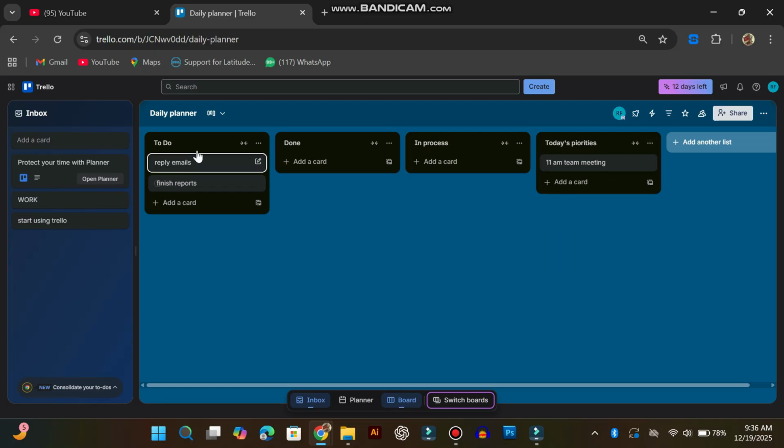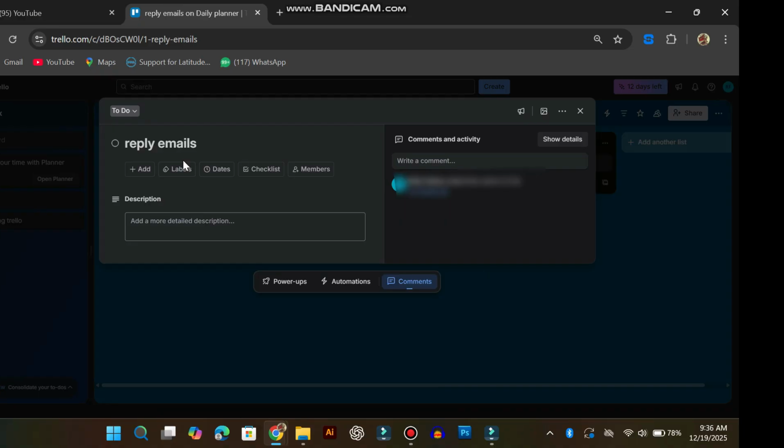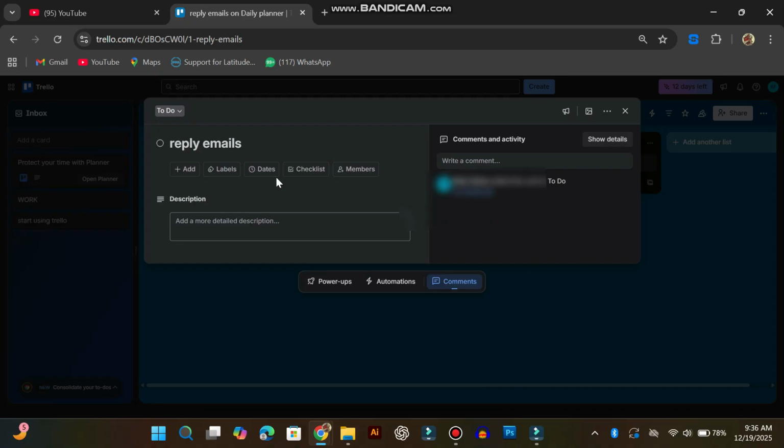Now start adding cards for each task or activity you have planned. For example, replying to emails, an 11 a.m. team meeting, finishing a report, and other tasks. Inside each card, you can add due times, color labels, or even checklists to break the task into smaller and